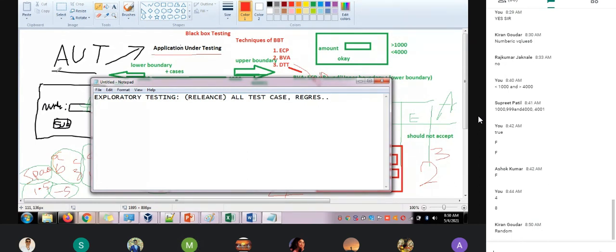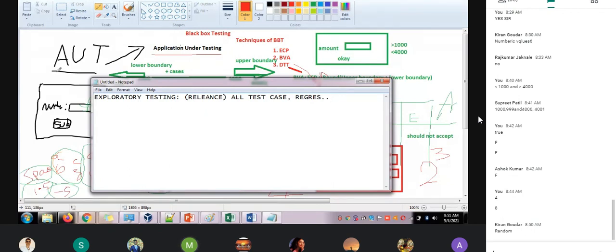Imagine I am a manager and I have two projects, one is Reliance and one is Big Bazaar. Deepti, Priyank and Krishna are testers from one project. The second project, Big Bazaar, has Shiva, Kumar and myself. Now when the Reliance project has completed all the regression, what do we need to do? We should tell the other project members, boss, we completed regression, can you do some exploratory testing?